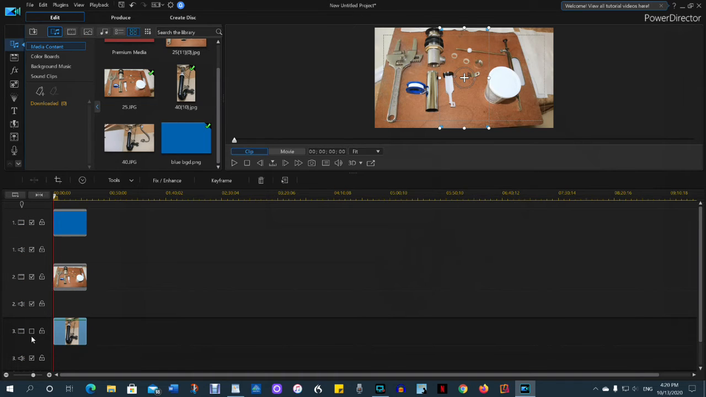Now, I don't have it selected, so when I select it, I see the cropped picture centered on top of the other picture. That's not where we want it. We want it on the edge. So we click on it, make sure it's selected, and then drag it